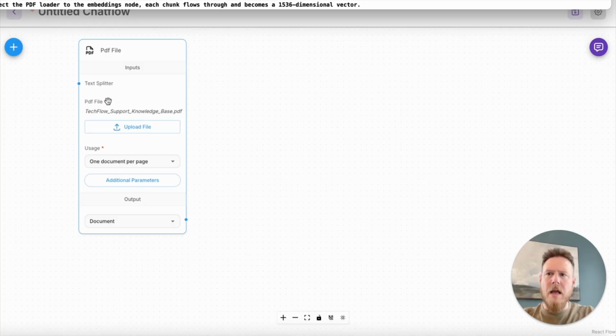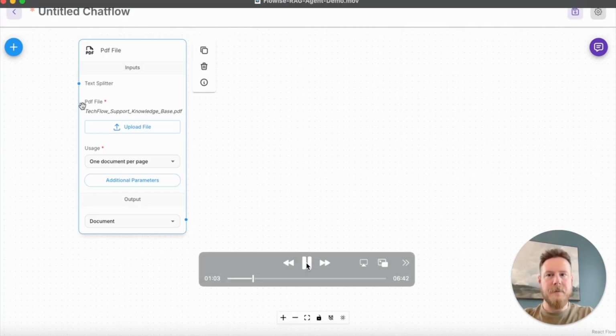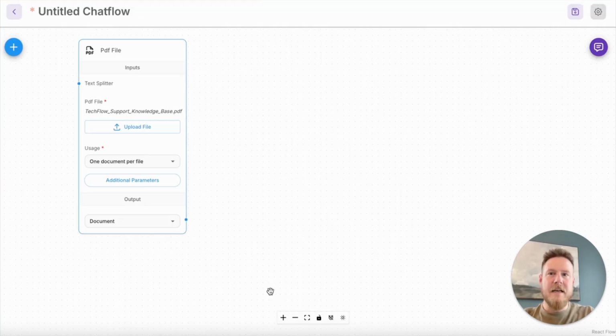And so a question about refunds will retrieve the full policy from this document that it can find about refunds. It won't find necessarily just a cutoff snippet by having too small of a chunk size or searching too little of the document. So that's what we see there on screen. Like I said, just switching to one document per file there. And yeah, getting started with using our PDF knowledge base is as simple as that.